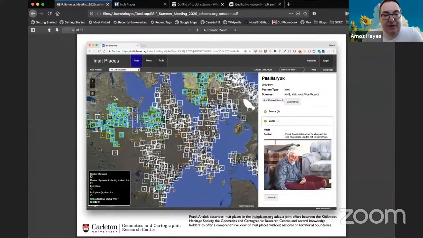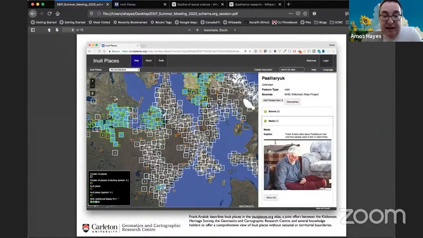So this type of place name atlas is the kind of stuff that we're building, where you might have, in this case, I think over 11,000, but might even be up to 13,000 place names in the Canadian Arctic, and specifically Nunavut and immediate areas, but not necessarily covering all Inuit places yet.